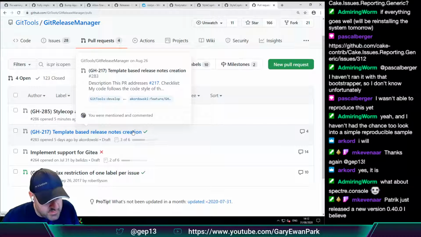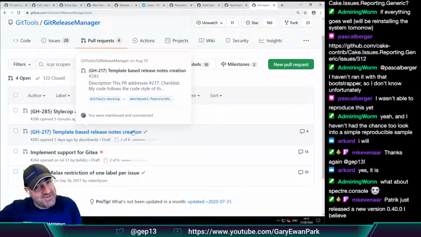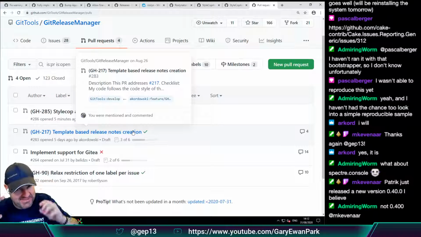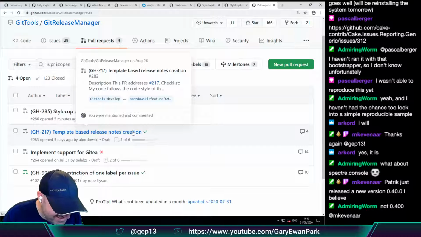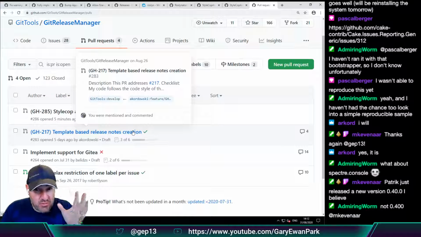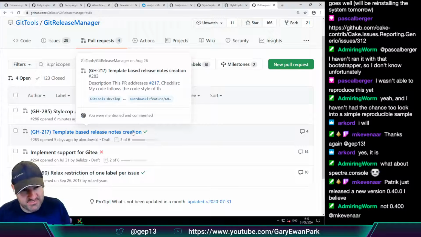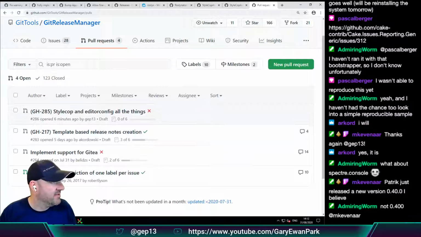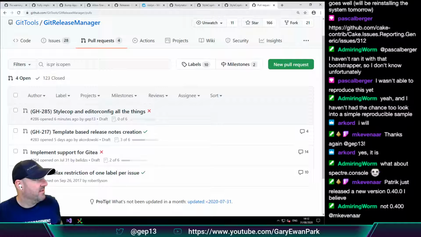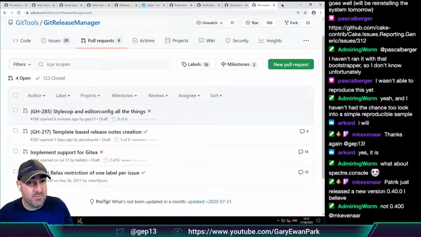Patrik just released a new version. So I've thought about Spectre Console, but I would see that as a different day as well. So there's Spectre Console and there's Spectre CLI, but Spectre CLI now embeds Spectre Console, I think. Or the other way around, I forget which way it is. Spectre Console is pretty cool. That's where I was stealing the EditorConfig file from.